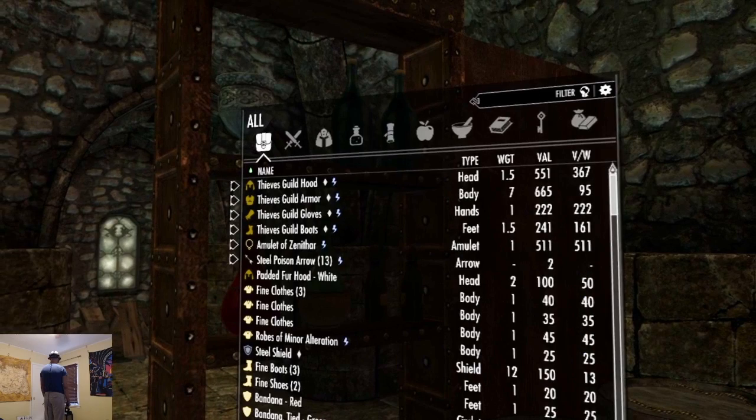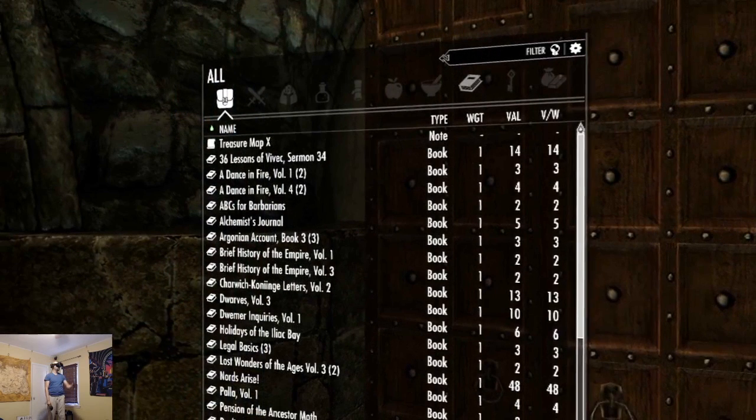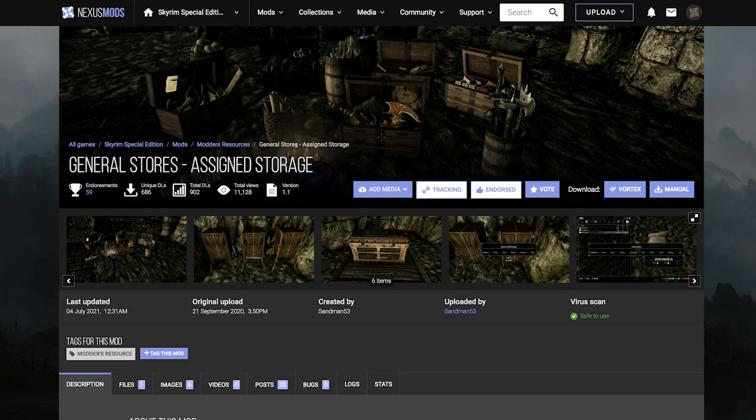And finally, I've been on the hunt for some kind of a sorting system in this game, a way to assign containers in your home with item sorting automation. General Stores seems to be the gold standard, but I've always found this to be too confusing. I could never really figure it out. However, General Stores Assigned Storage by Sandman53 is an add-on for General Stores that makes the sorting setup rather intuitive